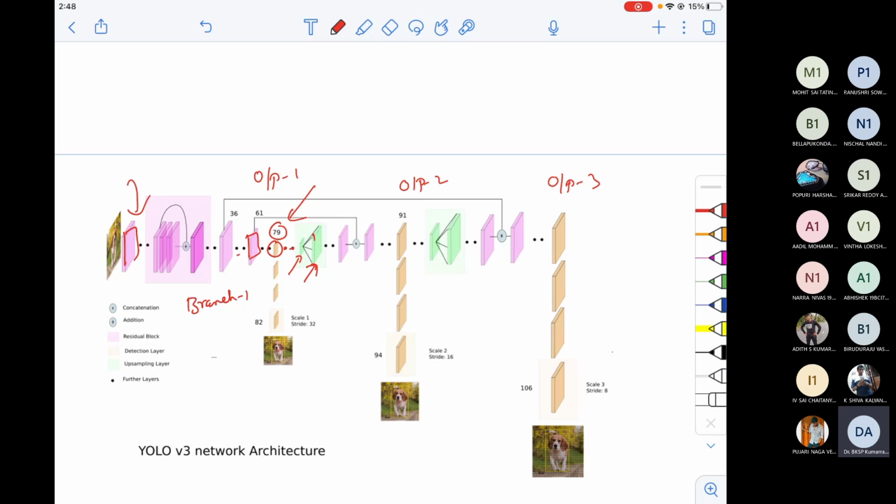to actually get some reasonable sized output. Again, the things go on. Now, one more thing you can see here, along with upscaling: the output of the previous layer 61 is concatenated with the upscaled output. Because you are not directly connecting the upscaled output; you are again transforming and getting some intermediate feature map, and to this feature map you're connecting 61.